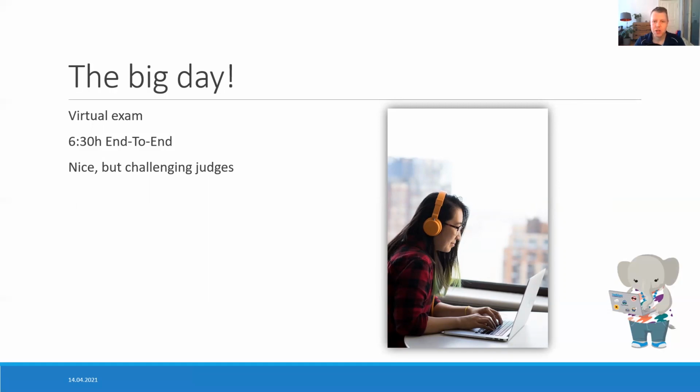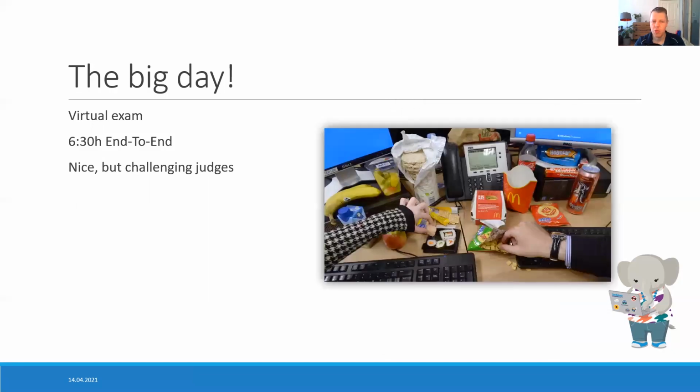It was completely virtual. This is how I expect myself to look. My partner actually told me how I really looked, like this. It was the best day of my life. It was the cheat day of my life. All my desk was full of food, only the most unhealthy food. And for 6.5 hours straight, I was eating all the time. It was so amazing. And I gained like 8 kilos, 5 kilos, something like that. Once I passed the review board, I'm still trying to get them off. But anyways, I got it done.